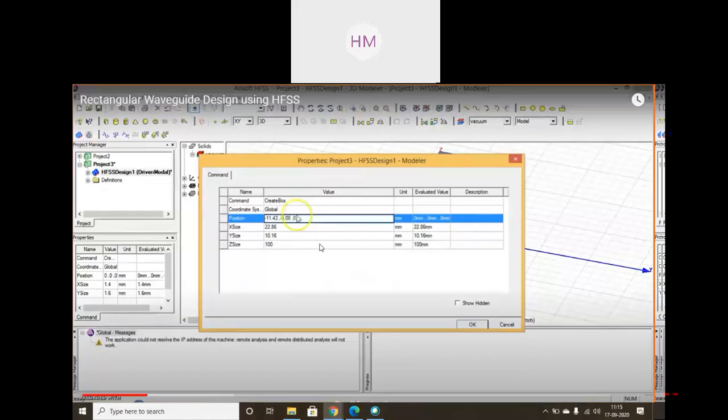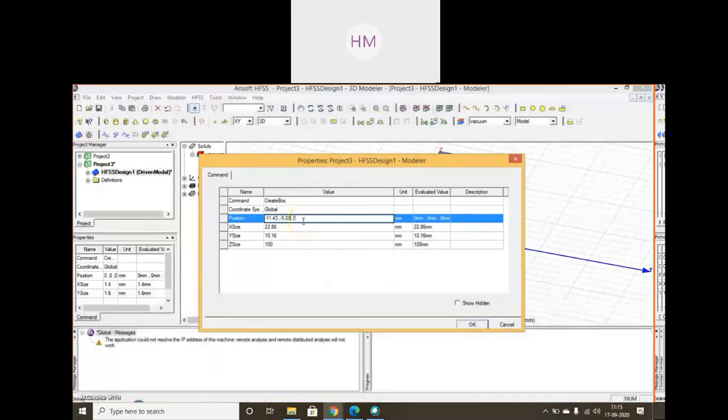Voice is not clear. Now is it clear? See, the dimensions were defined in theory. Position, we are just taking half of x and y over here, and Z position we have taken as 0. This is the coordinate system, okay? So we decided the position where your XYZ axis should lie, and on that axis your rectangular waveguide.